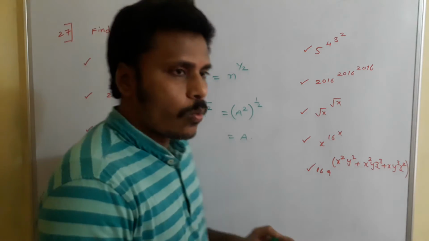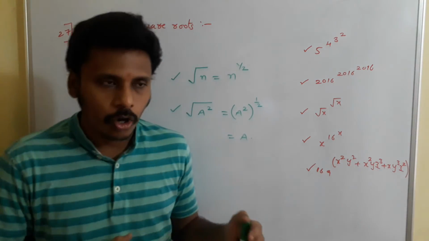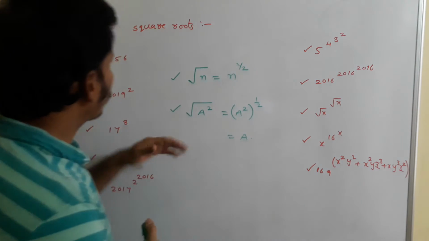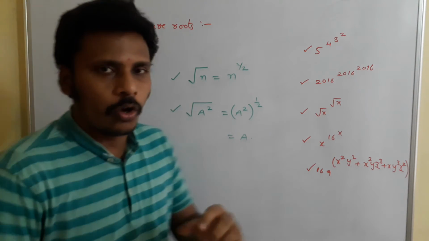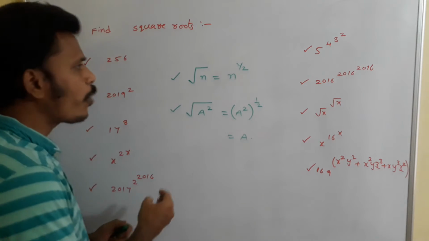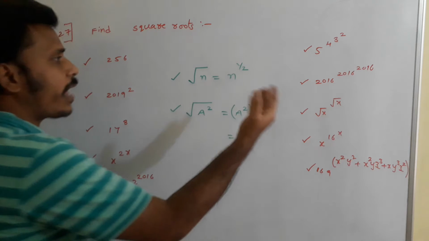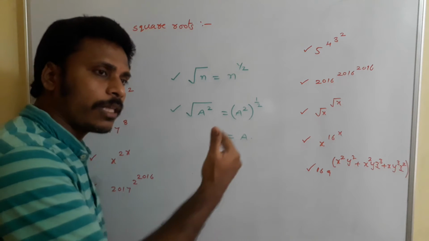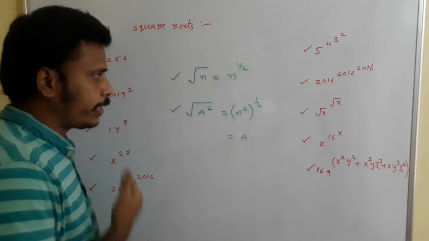of exponents. Now in this video I am going to find the square roots for exponents, square roots for the powers of powers. I think you all know the way of finding square roots for numbers, right? But now we are extending that idea to exponents, finding square roots for the power of the exponent, that is, exponent power.